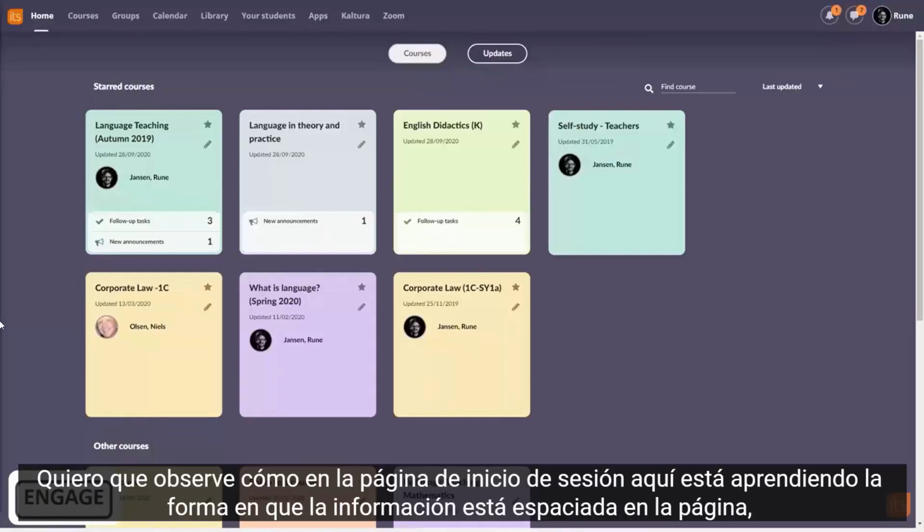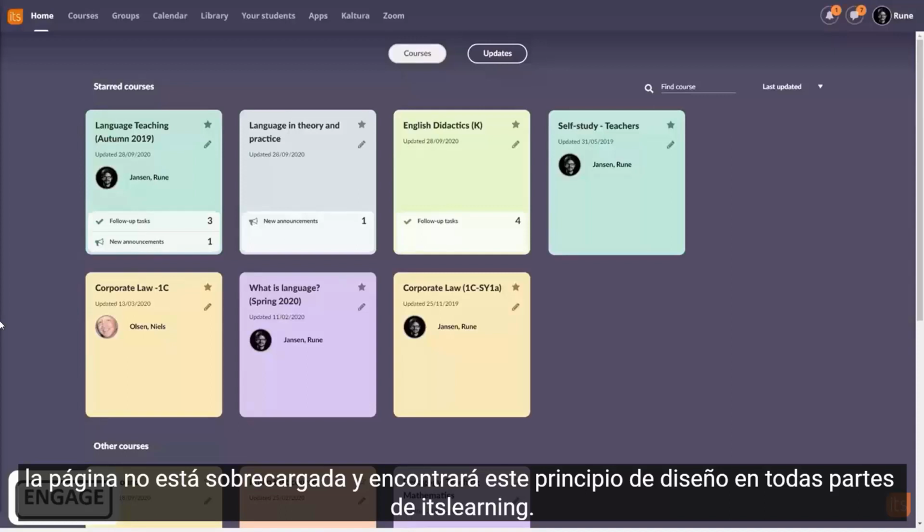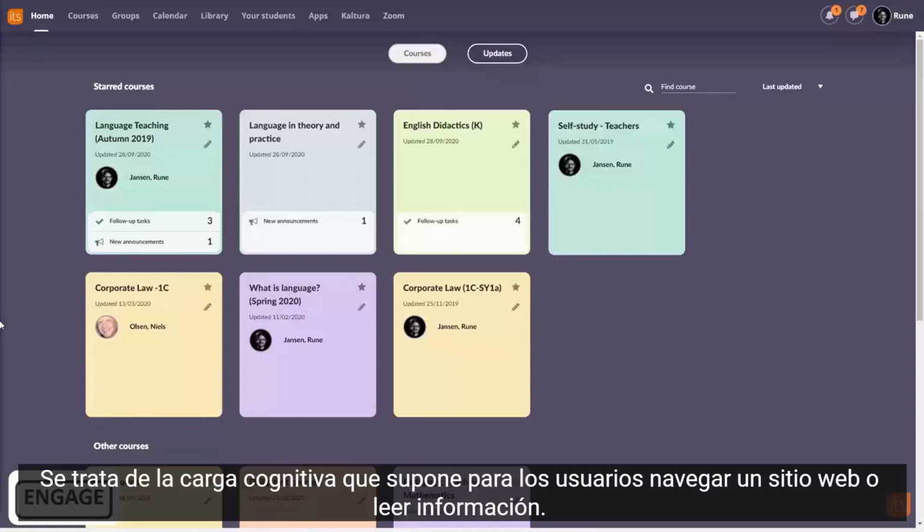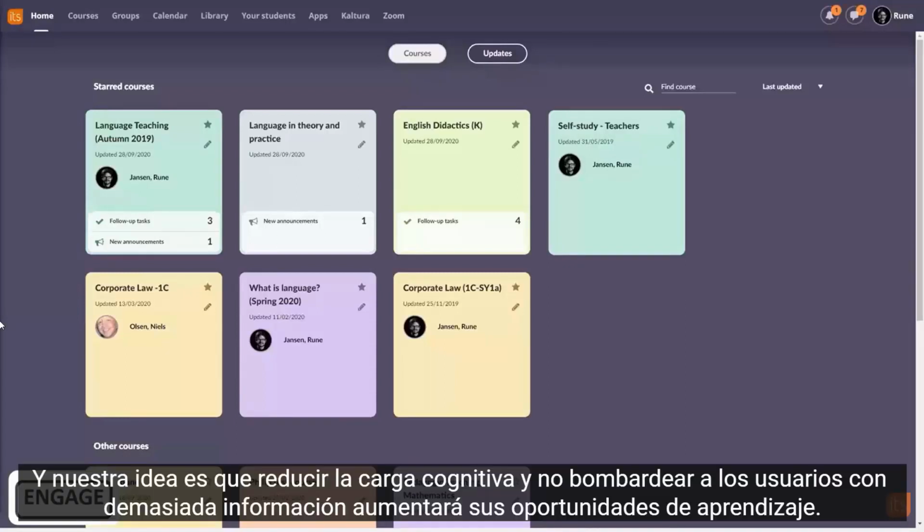I want you to notice how on the login page here of Itslearning, the way that information is spaced across the page isn't overloaded, and you'll find this design principle throughout Itslearning. This is about the cognitive load that reading a website or information puts on users. And our idea is that reducing the cognitive load and not bombarding the users with too much information will increase